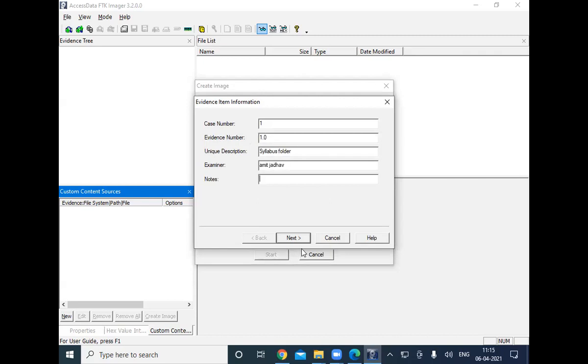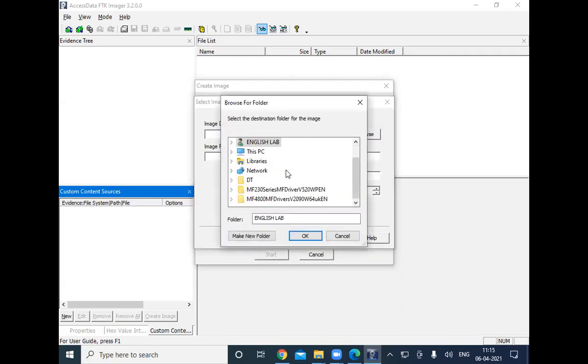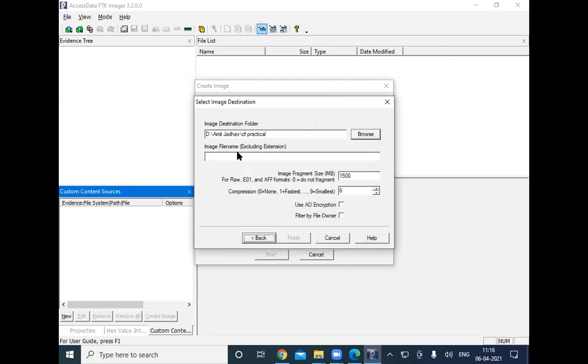Notes, we don't require any notes. I click on next. Image destination folder, so I browse here again. This PC, the drive, Amit Jadhav, and here I choose the CF practical folder. I click on OK. For the image file name, I write syllabus underscore image, excluding the extension.